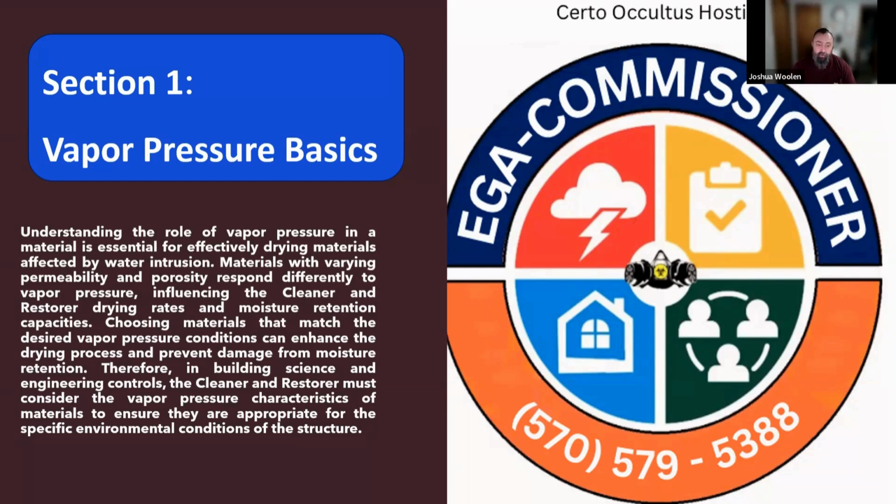But understanding the behavior of water in its phases is crucial for us as cleaners and restorers. I know a lot of people think that cleaners don't really need to understand vapor pressure, but just think about what they're doing when they are doing carpet cleaning. They're adding moisture to that environment that has a natural vapor pressure. Just like in a disaster loss where a pipe bursts and it adds water to that environment at different categories and conditions.